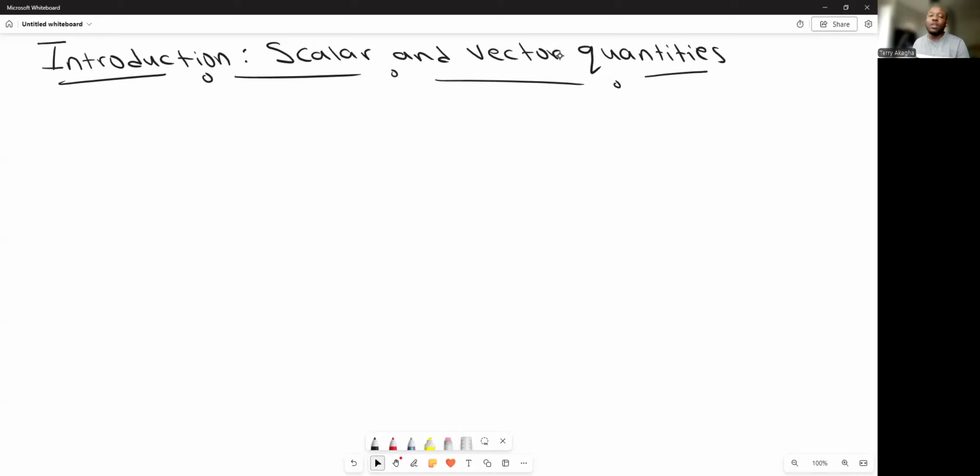Now, because I'm aware that students do take note, I'm going to write what I just said so that you can take note, as well as it's going to help you during your revision time. The first thing I said was that physical quantities can be talked about in two ways, the scalar and the vector quantities. So we're going to have number one, the first thing is that physical quantities